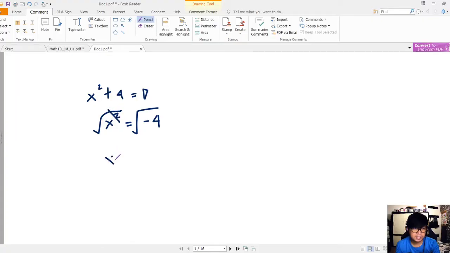So, x is equal to, so sa negative siya maging imaginary. So, ibig sabihin, hindi siya real roots. Pero, isolve na lang natin ito. So, this one, so positive, negative, kasi square root siya. So, positive, negative,